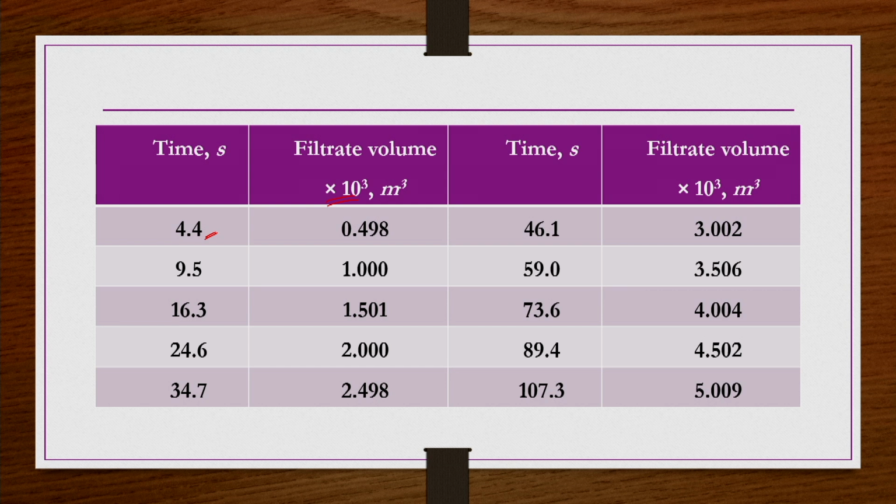So, we have the equation t by V is equal to Kc by 2 V plus 1 by Q naught. If you plot t by V versus V, you will get a straight line with slope Kc by 2. Using this Kc value, you can get the specific cake resistance. The intercept of this line would be 1 by Q naught, and using this intercept value, you can calculate the filter medium resistance Rm. That is the process that we are going to follow in order to get alpha and Rm values as required by the problem.